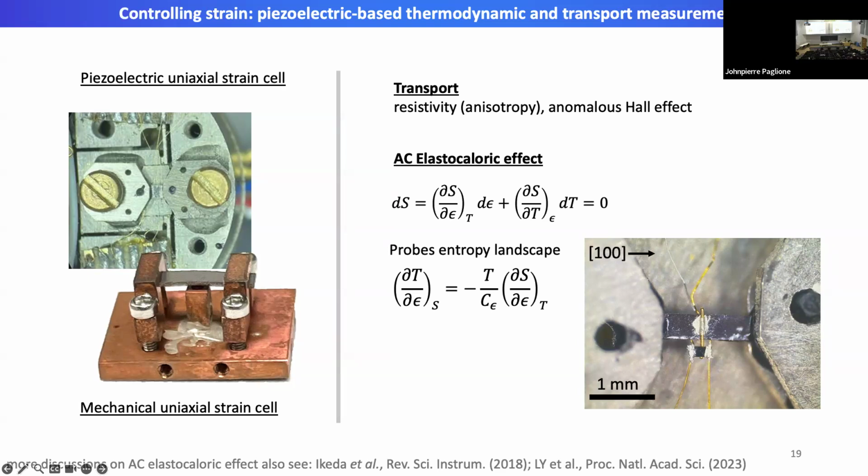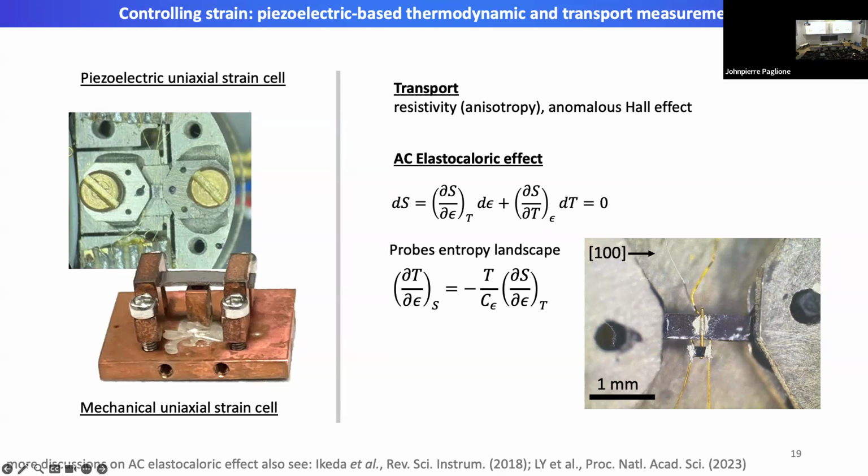So I think for the remaining time, I'll just show you one single experiment where we actually use the latter, the so-called elastocaloric effect, to probe a quite elusive time reversal symmetry breaking order, the so-called magnetic octopole